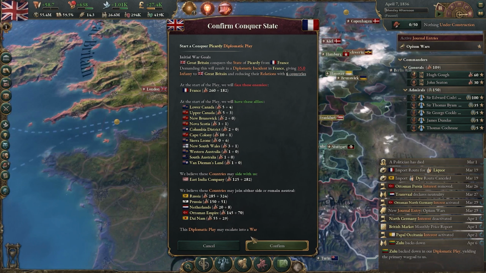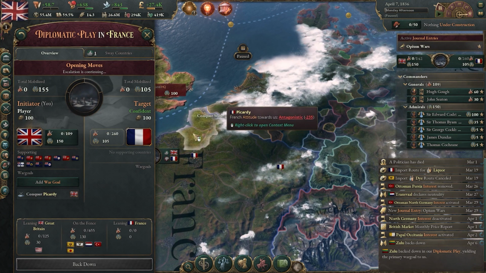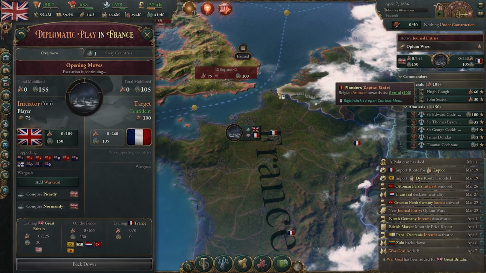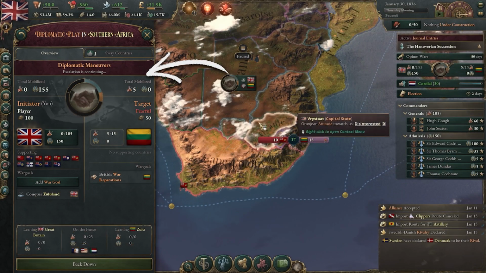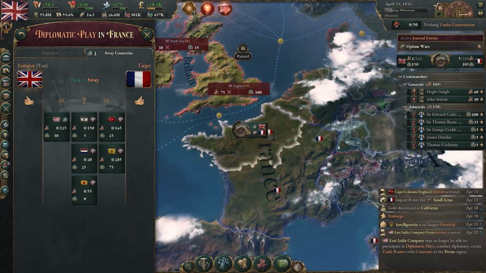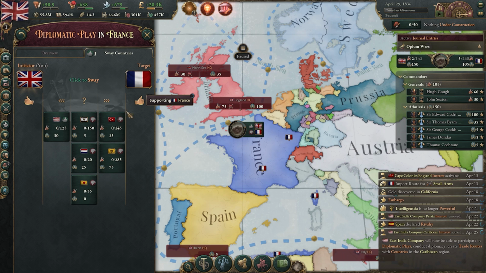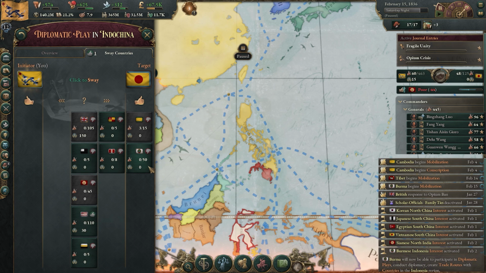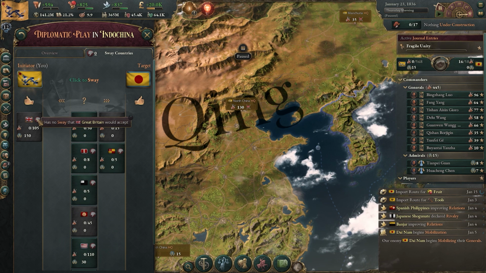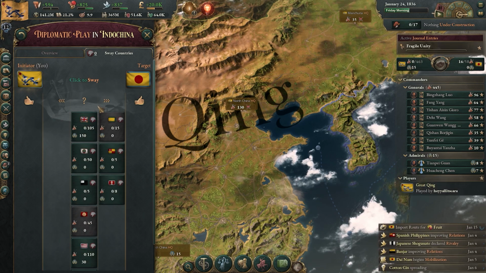Once a diplomatic play is started, it will go through 3 phases before triggering a war, if it goes to war. The opening moves phase lets both sides decide on their demands and set their stances. The second phase is perhaps the most important. In the diplomatic maneuvering phase, other powers with an interest in the region may choose to join either side. You can also sway them with obligations or even promise them war goals to be achieved in the conflict. Countries can even switch sides if one offers a better incentive than the other. You can't get complacent in your attempts to win over third parties after all.